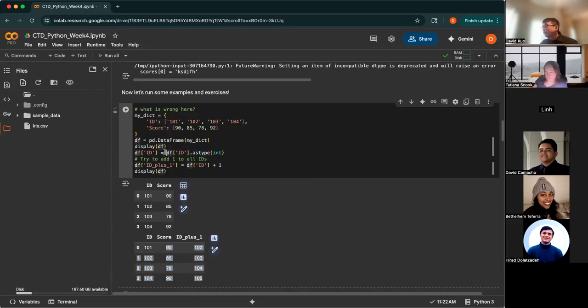I thought, oh, I'm using this function to cast that, right? But this casted series is not assigned back into my original series. This is because this operation is not an in-place operation. This operation is creating a new series that's an integer type of my ID, but I'm not assigning it back